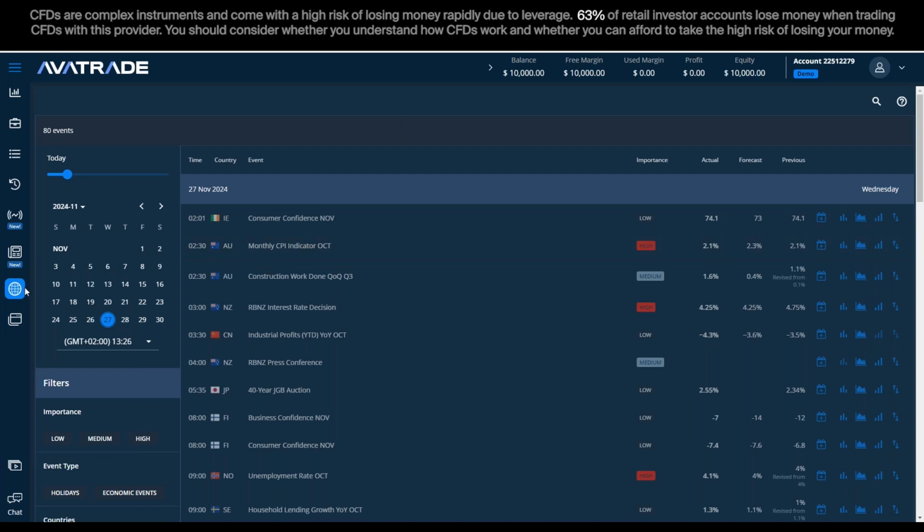So the economic calendar is, again, super useful for fundamental analysis. The way that it works is it's aligned very nicely here with the previous result. Forecast is what we expect will happen, some kind of range. Actual is what actually happened, and the importance is how powerful we think this event will impact the market.